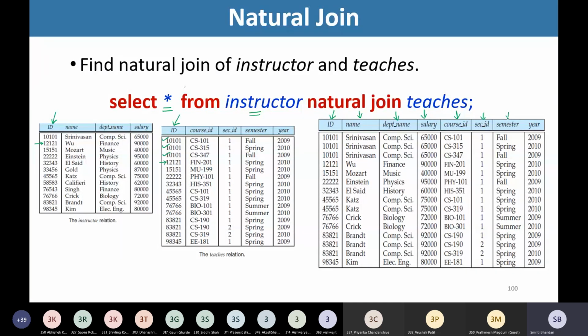This sequence remains the same. This is how we get the output of natural join. Please remember the common attributes appear only once in the output of natural join, and the remaining attributes appear in the sequence as I stated.